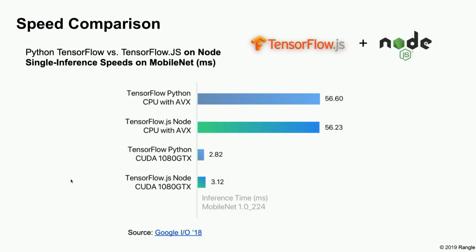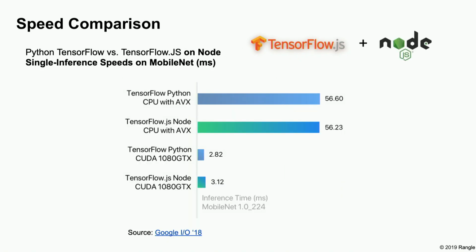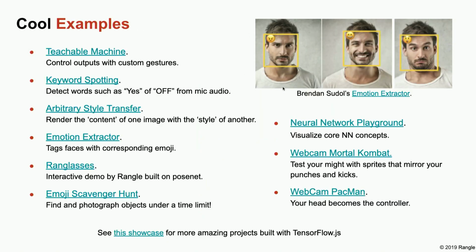Very briefly, just a note on speed. If you compare TensorFlow in a browser versus the Python variant of TensorFlow, right now the JavaScript version is about a factor of 3 or 4 times slower. But the good news is if you hook TensorFlow.js up to Node, there's basically parity on the inference time. We can talk about this kind of setup a little bit later, but I just want to move on now.